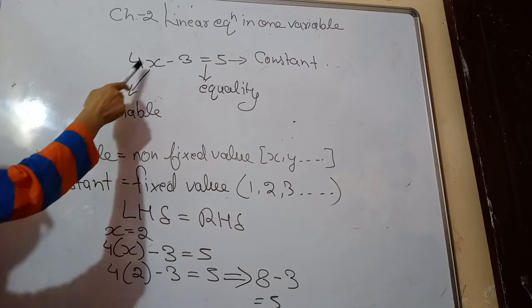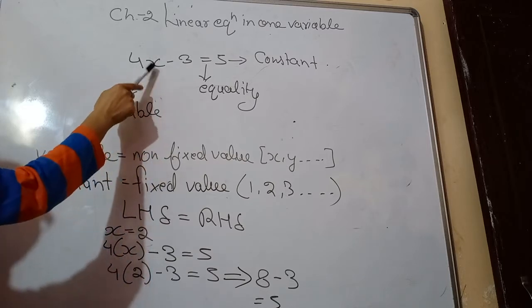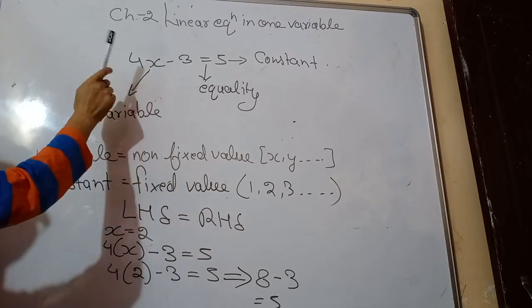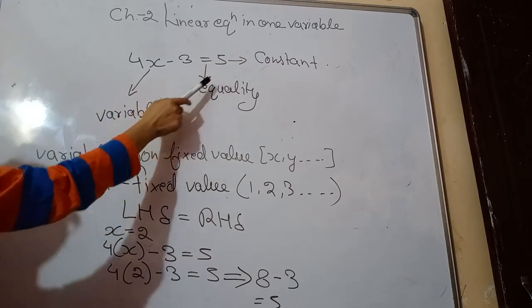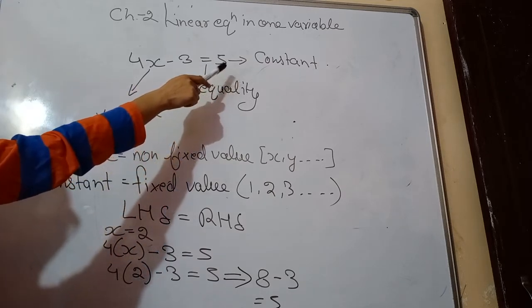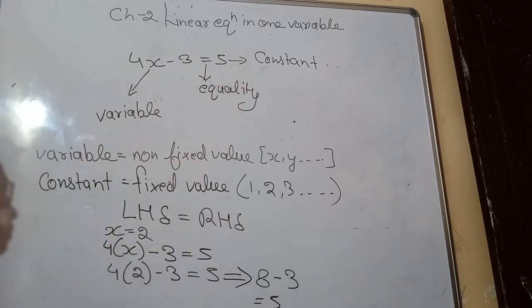Here you can see variable, this is called variable, the quantity which is unknown, that is a variable. Now this is equality sign and the number which is written is called constant. So when we have to form any equation, we need three things. We need equality sign, variable, constant along with the arithmetic operation, that is plus, minus, divide or multiply.